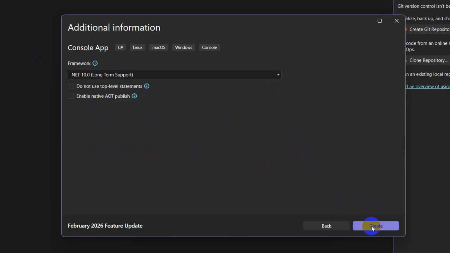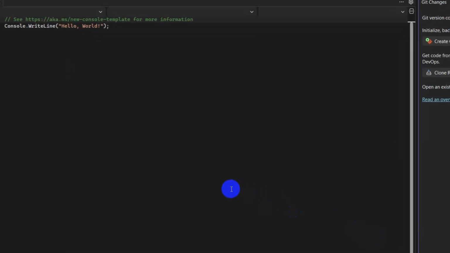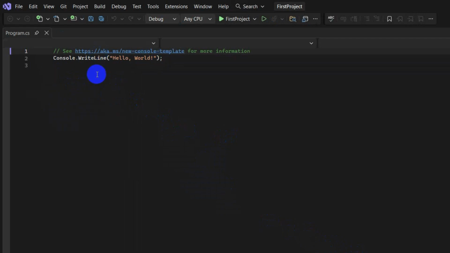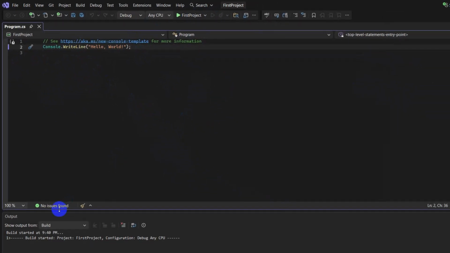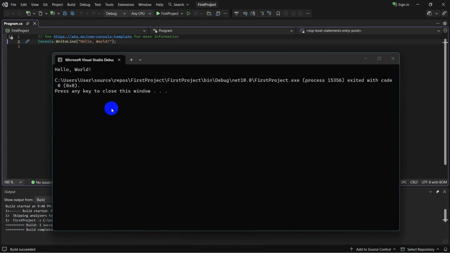Click here, next, then click here, create. I can see creating project, and it created a simple hello world project over here, as you can see. In order to run this, we just need to click here, and there you can see it is printed over here, hello world.